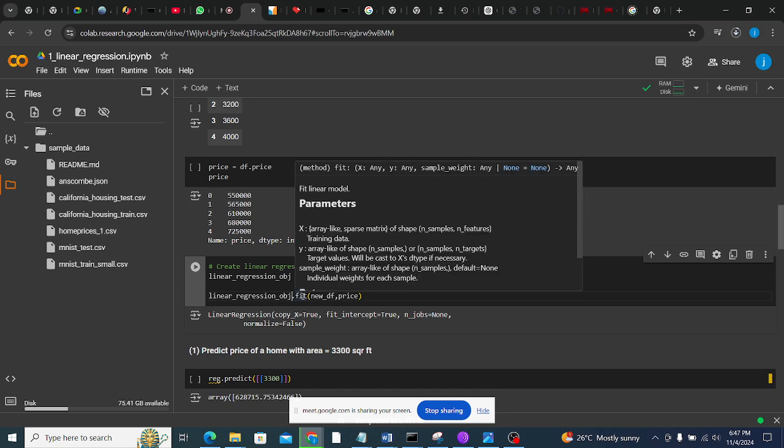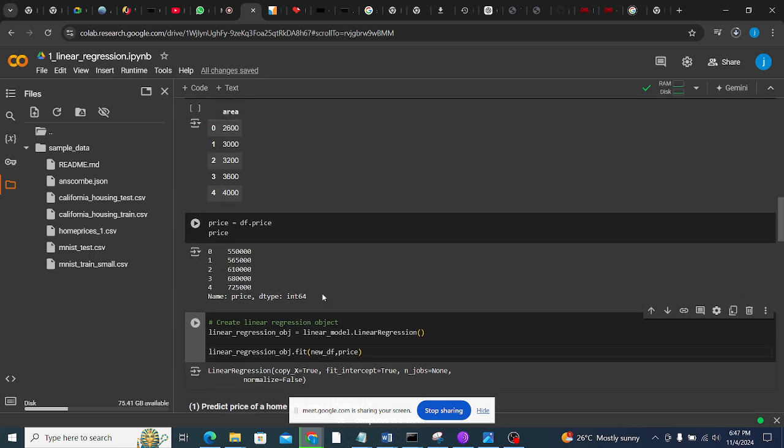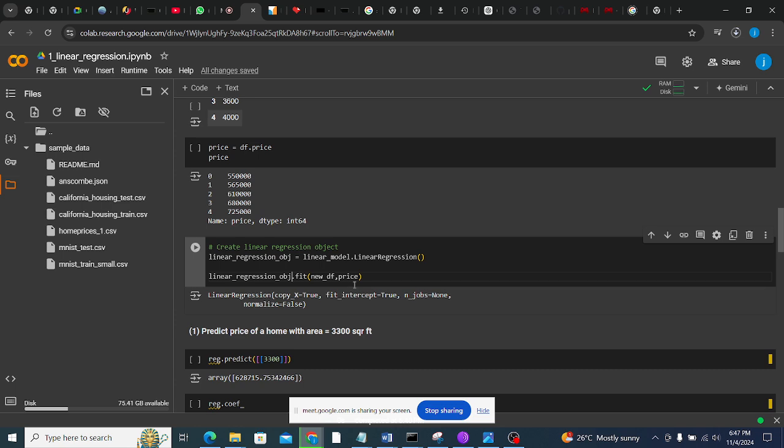This fit method is the one that is going to help us do the training of the model. We want to train our model with the new DF. And what is our new DF? Our new DF is the area, and we're also going to pass the price. So after running this,